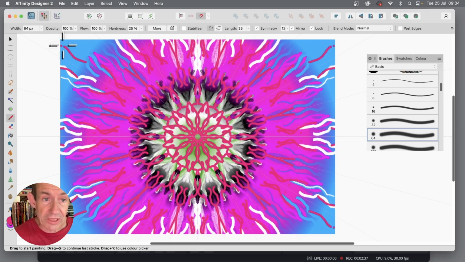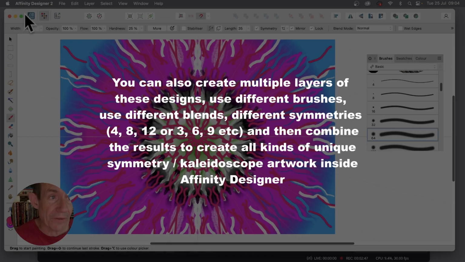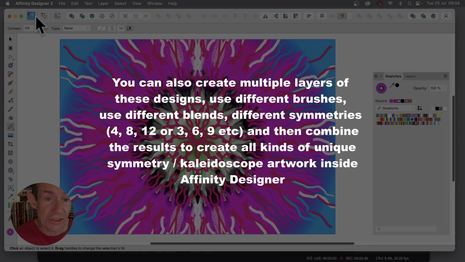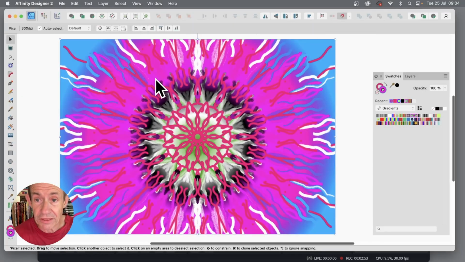Now, you don't have to obviously go for symmetry 12. You could go for 8, 4, all kinds of different symmetries can be used. Once you're happy with that, you can always then go back to the Affinity Designer there and just click there. And there you have it, a very quick design using the smudge, a gradient, as well as the paintbrush tool